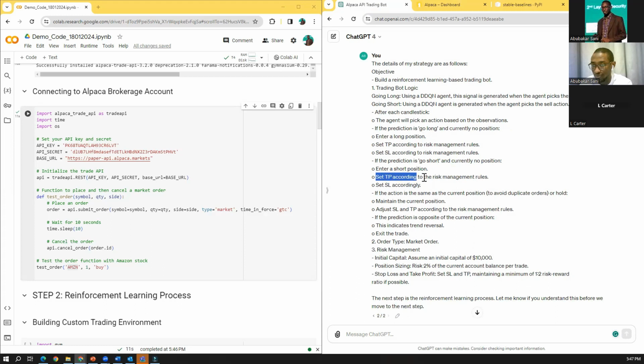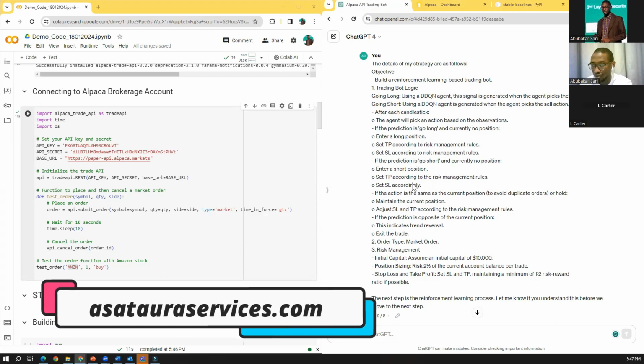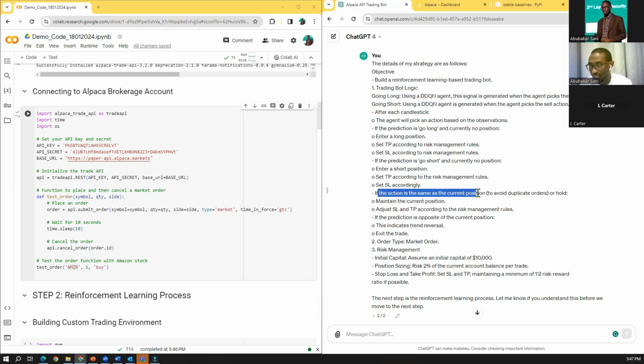I will set my TP and also the stop loss accordingly. If the action is the same as the current position, that is to avoid duplicate orders or hold. All right, so I want to hold, or I don't want to have duplicate orders, because it is telling me to buy after I'm already in position.